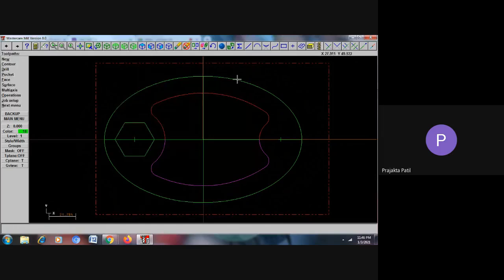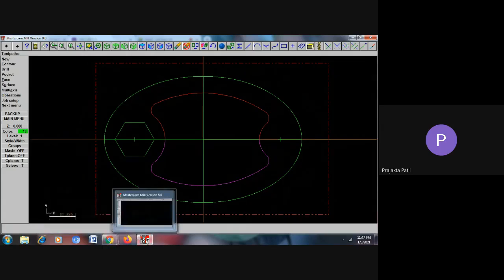So this is the stock that we have, and then this is the profile that we have created, the geometry where the milling operation will be carried out. So we know here this outside region, the green ellipse that you see, contouring will be done here. At this point there will be drilling. At this point in this hexagon there will be through pocketing, and here also there will be pocketing done, but at a depth of 4 mm. So all of these details you have to study, you have to understand from the given figure, the given problem statement. Okay, having done this, let me go for simulation part.